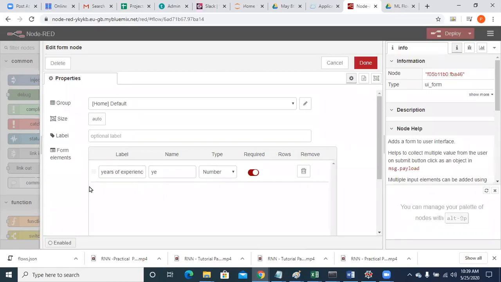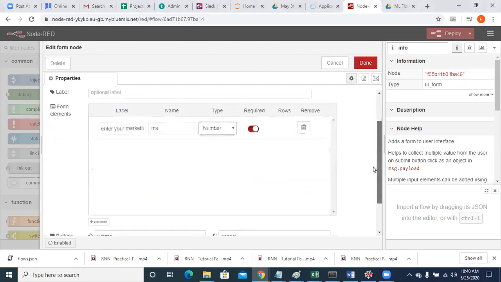Open the form button. Here you should have 3 inputs. One is enter your marketing spend amount, and I am naming that MS. You just give it as number. I hope everyone knows how to use the form node because we did that on Saturday, right?